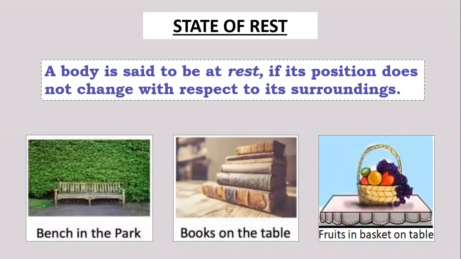So what is state of rest? When we look around us, we observe that many things do not appear to move. Thus, we consider them in state of rest. Or when an object is not doing any work, it is in state of rest. In physics, however, we define the state of rest with respect to its surroundings. So the proper definition is: if an object is not changing its position with respect to its surroundings, it is in state of rest. For example,